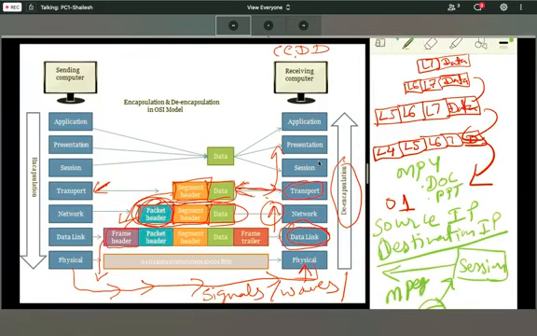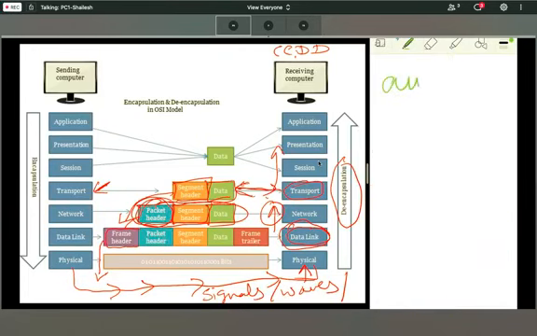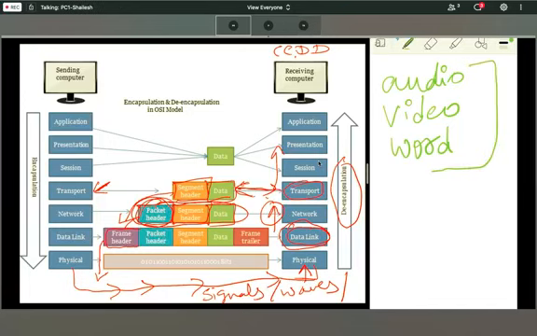Mainly there are three kinds of data: audio, video, and word format.